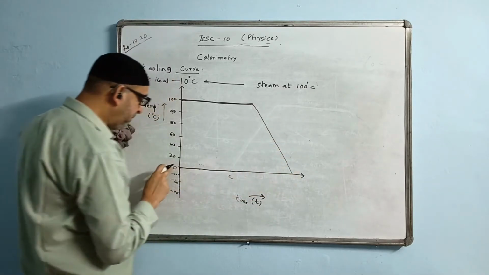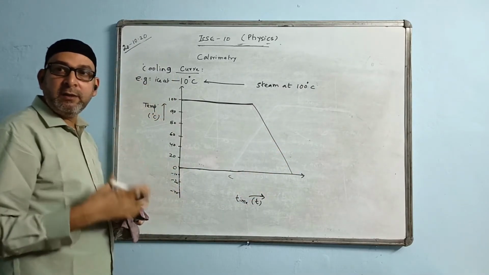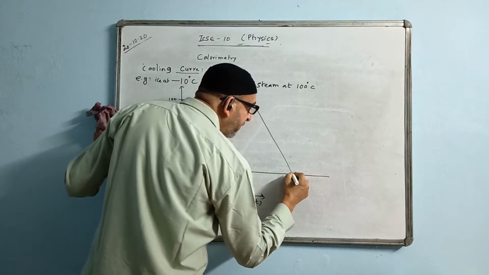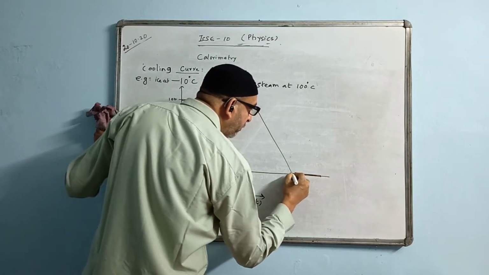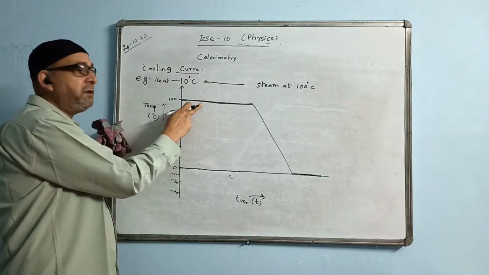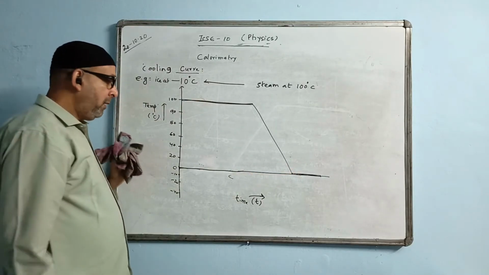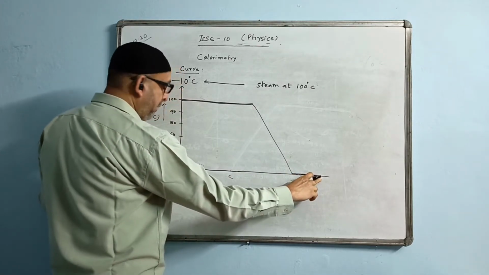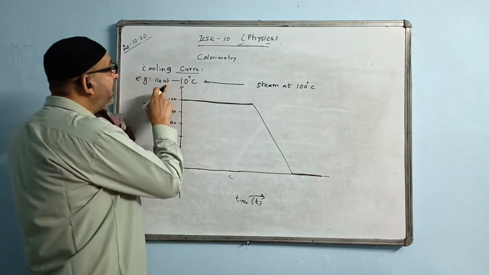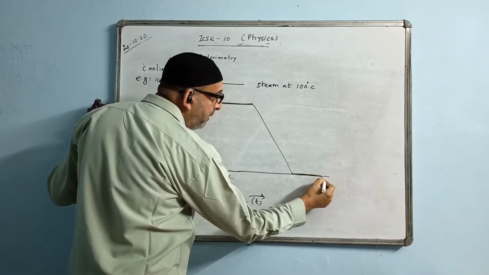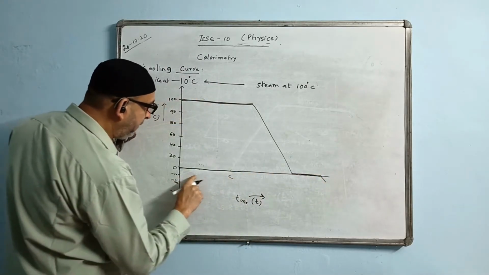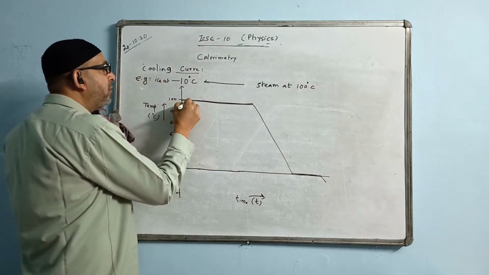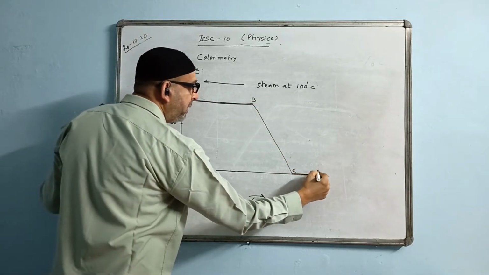Water temperature now will become 0, because at 0 degrees Celsius water freezes into ice, the freezing point. So here we will show the freezing effect by a line, a shorter line here and a longer one there, because we know the quantity of heat rejected will be more there as compared to this one. Now ice is formed here. Formation of ice starts from this point and completes here. Now the ice temperature will be 0, but we want ice of -10. That means the ice temperature will be lowered further to -10 degrees, somewhere here. We can give the names here also, like A, B, C, D, E.